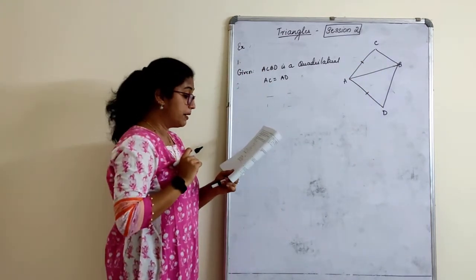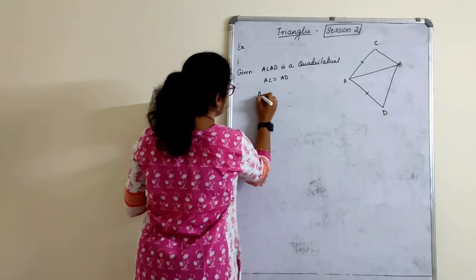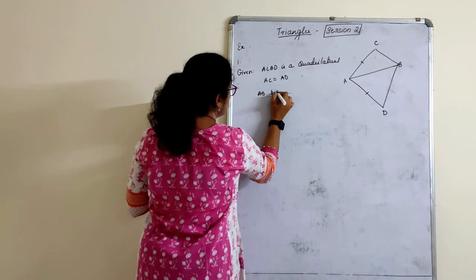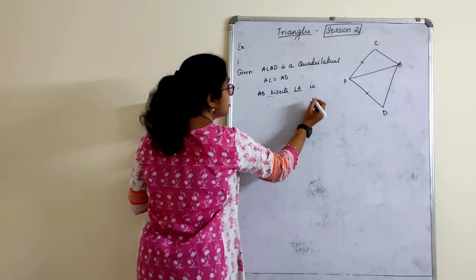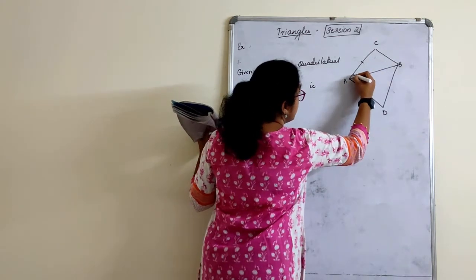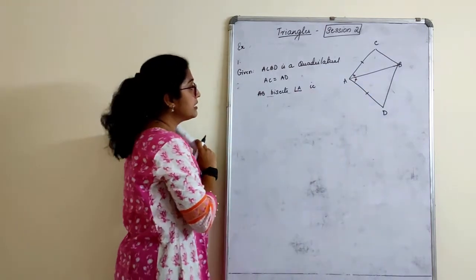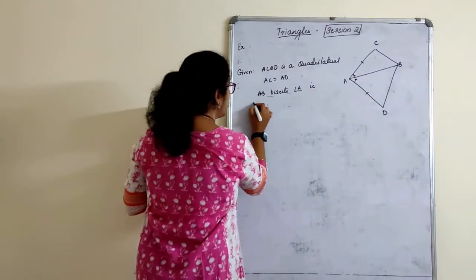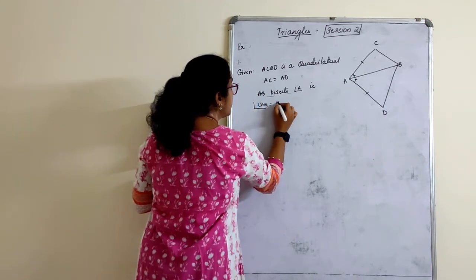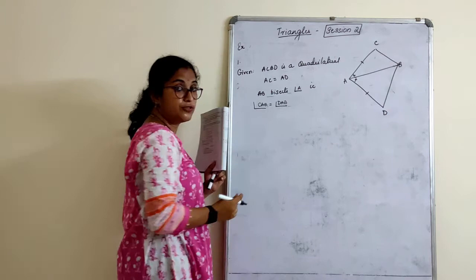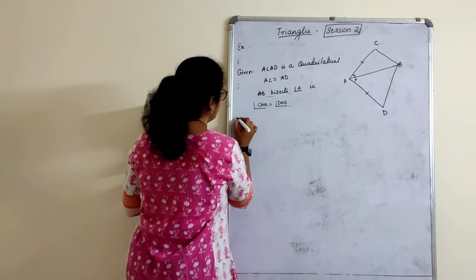Marking is very important. Apart from that, AB bisects angle A. That is, AB bisects angle A, so this angle is equal to this angle. Both are equal, correct? AB bisects angle A. So shall I write that? Angle CAB is equal to angle DAB. Right? Okay. What can you say? Show that, to prove: